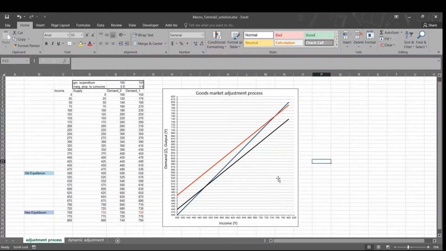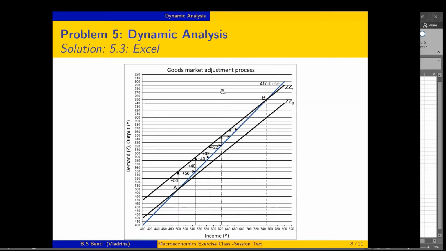So this adjustment process is again reflected on the lecture slide that we are using. We have just first indicated this 45-degree line where we say our demand is equal to our supply, given the condition that our income is increasing from 0, each increase is 25 units. We have first identified an equilibrium point A where our demand is equal to supply, or our income is equal